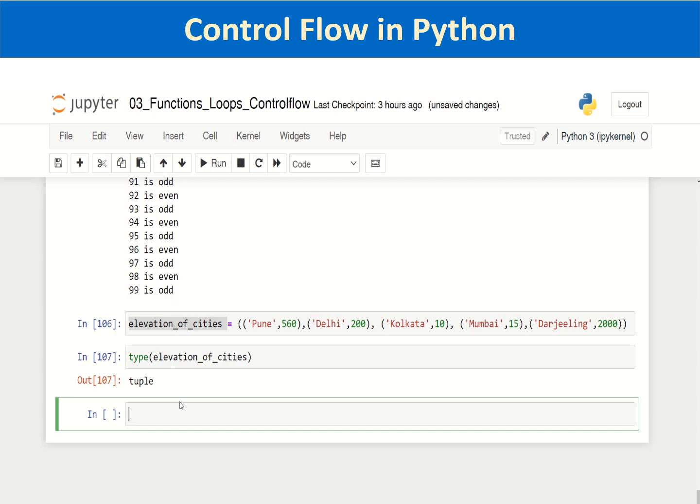Now let us create a dictionary. It is equal to, you can create it by the inbuilt dict function by passing on the tuple of tuples, elevation of cities,